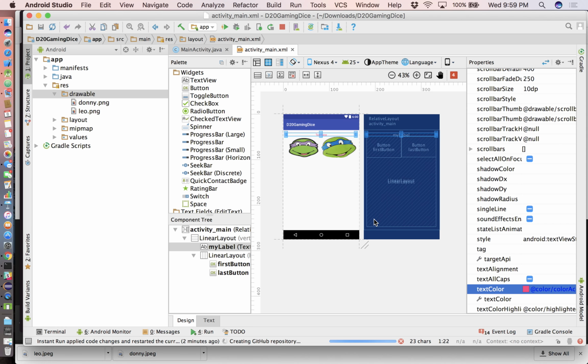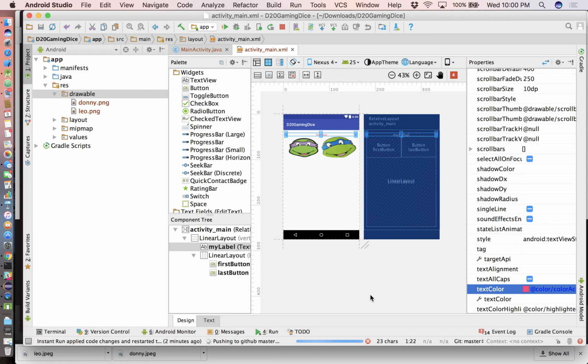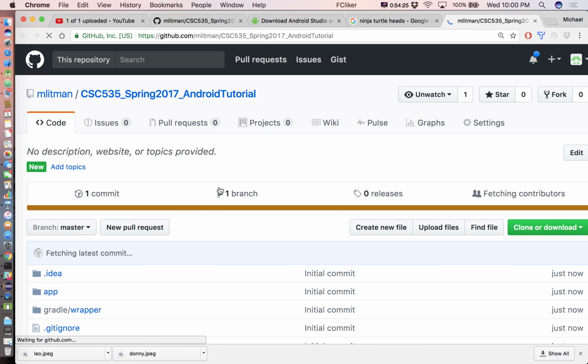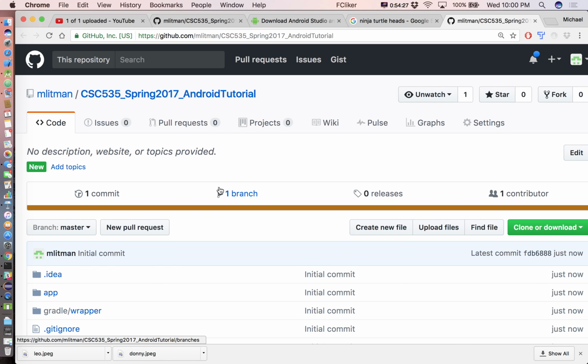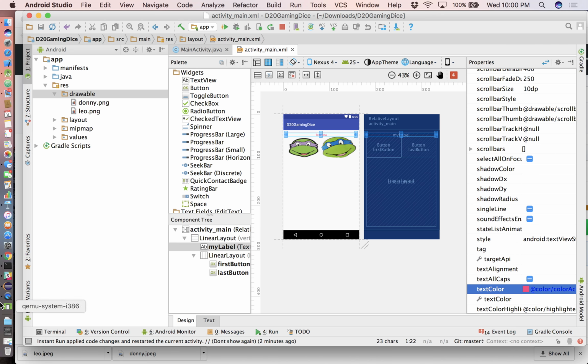I'll click share. It's going to automatically select all the stuff that it needs, and notice it already knows about my couple of files here. So I'll go ahead and hit OK there. It's already up there on GitHub. There it is. Now, just as an example, if I go ahead and I add a new image here,